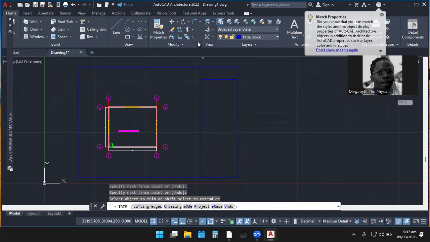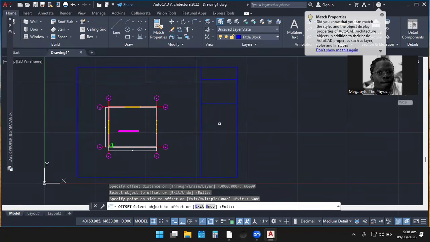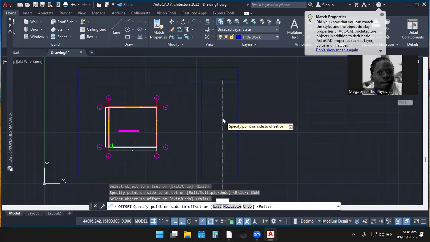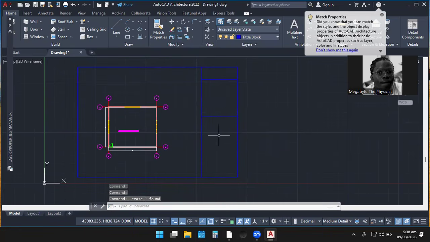So let's still continue with our offset. I'm going to enter 6,000. I'm only assuming, okay? So you have to be artistic, however you want to do it. If I'm still not content, I can continue to do a different one. Let's say I can do 9,000. If I'm okay with it, then I can clean the first one. I can just select this one and clean it. So I can do further divisions from here.